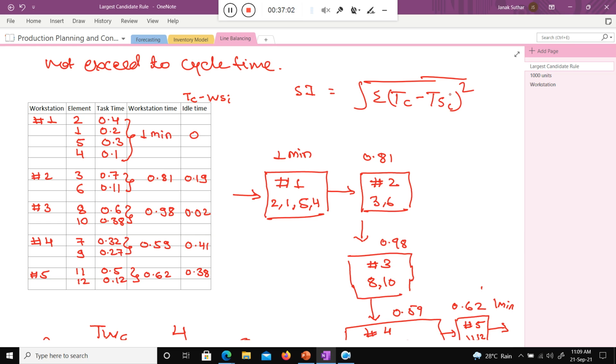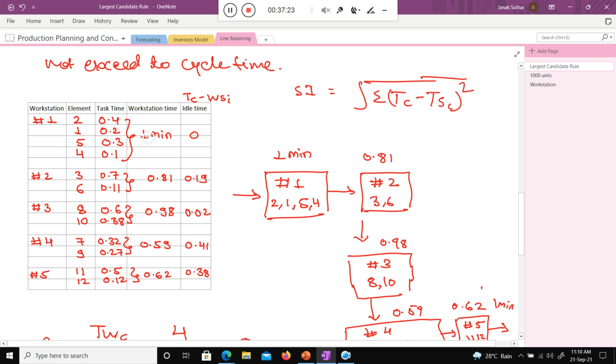Class, what is the value? Are you able to understand the concept?